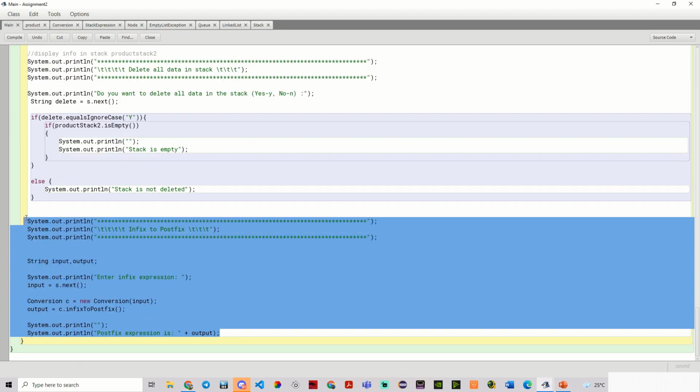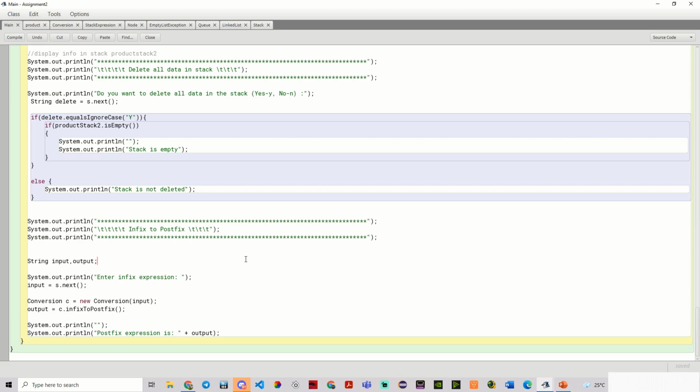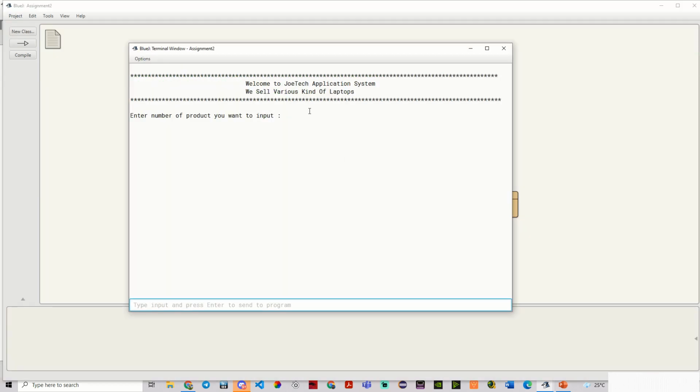So now this line of code is to prompt the user to input the infix expression, and the infix expression will be converted into the postfix expression. So now I'm going to show you how the application works. So first, the user needs to enter the number of products that they want to input. So I put 2, and the code of the product, which in this case is the laptop,